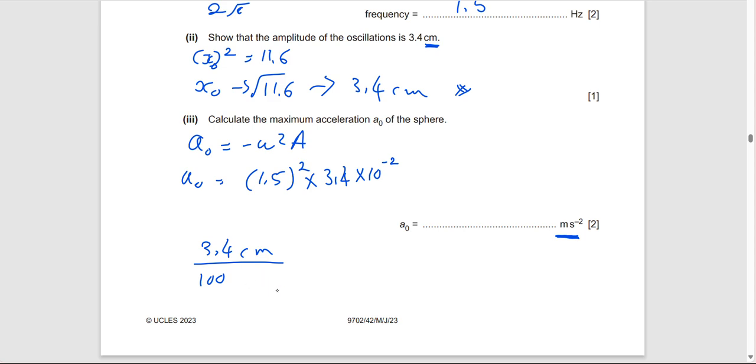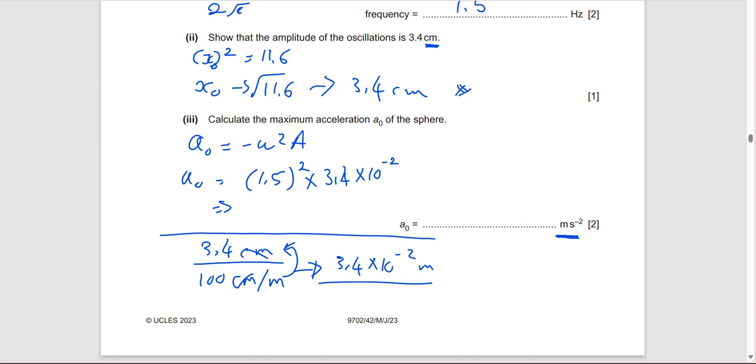Remember, one meter is equal to 100 centimeters. 100 centimeters per meter. If you do the cancellation of units, that goes away and then that goes on top. Then you have 3.4 multiplied by 10 to the negative 2 meter. That's all. Then you multiply that 1.5 squared multiplied by 3.4 by 10 to the negative 2. And you got your answer is